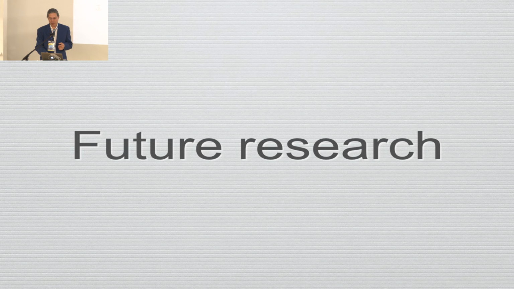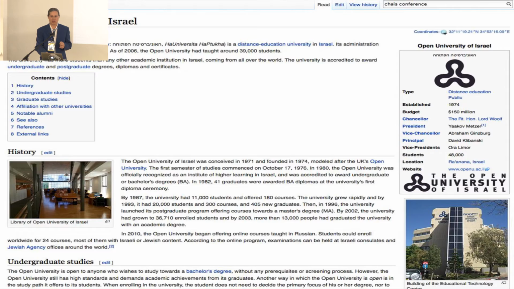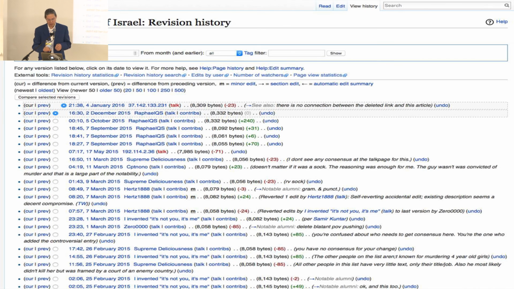All right, so at that point, I want to now switch to some ideas for future research. So one possibility is simply to look to see if practice proxies are useful for explaining learning in other kinds of virtual settings. So for example, in Wikipedia, it seems very open. You can see the articles. If you click on the history button, you can see every edit that someone made. But it's also clear that you don't see a lot of the practice that went into making the edit. You don't see how people decide what might need changing.